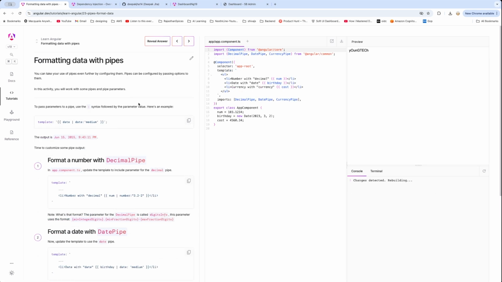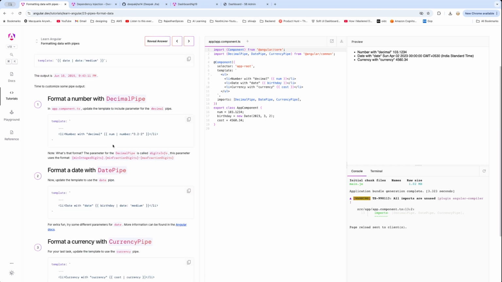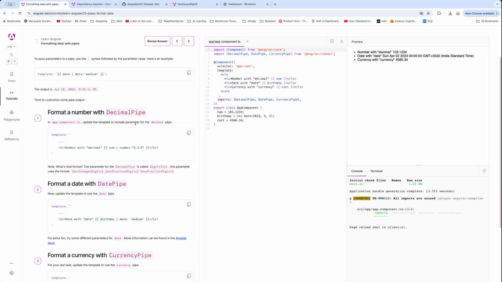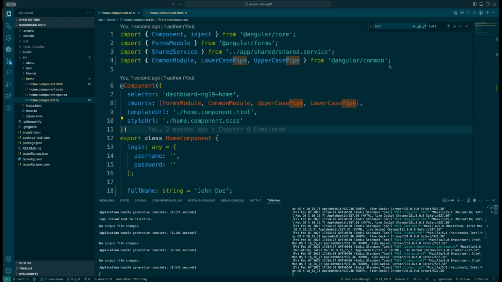Similarly, if you go to the next page in the documentation, you can actually do a number of other things using the pipe, which is the date pipe, which is formatting the date, and also formatting the number for decimal or something of that sort, right? So now what I'm going to do is I'll just quickly show you an example, and the example is of a date. So let me take you to the code, and here in the code